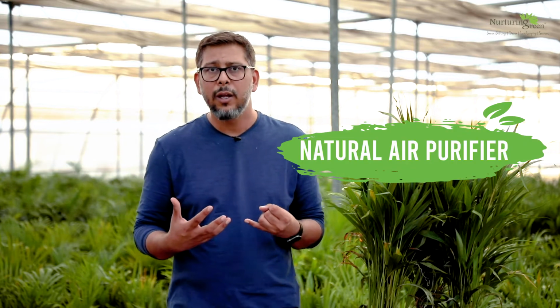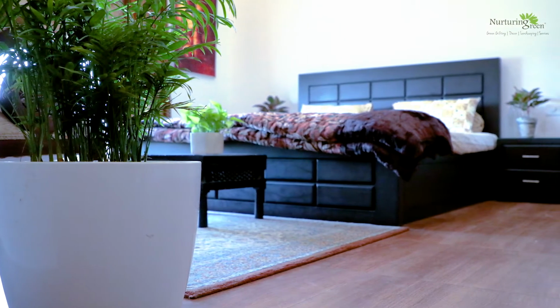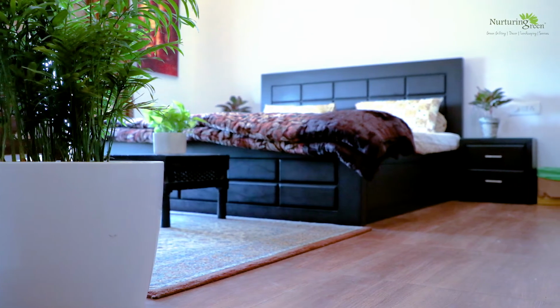Because I'm in Delhi and I am living in a continuous state of pollution, Areca is a must-have for anybody where the pollution levels are above 100. And right now there are more than 60 cities where the AQI today is above 100 in India. And since it's a natural air purifier, it becomes one of the most sought after plants in India. A must have actually. You should have one Areca in every bedroom. Obviously the size and stuff should be considered, but you should have one Areca at least in your bedroom. If not in your bedroom, at least in your kids' or your parents' room, because they are the people who are most prone to such